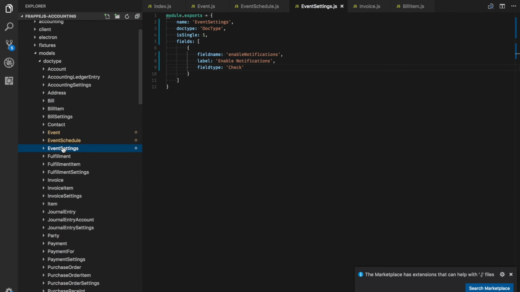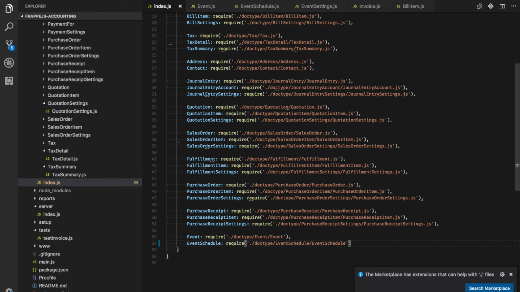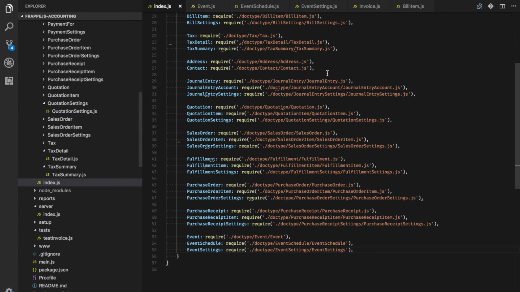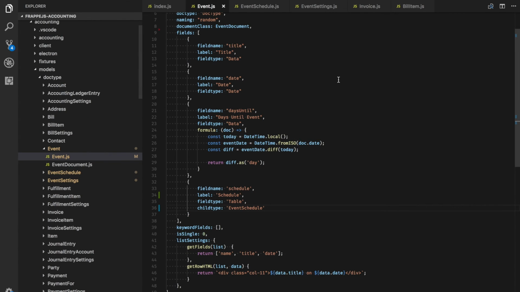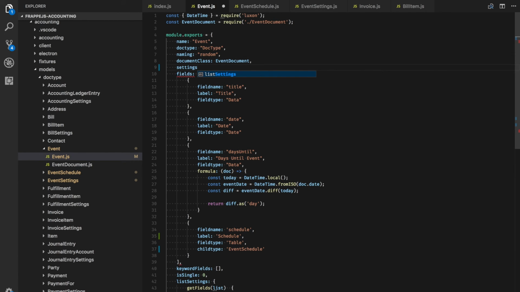Now we have to register this DocType the same way as any other DocType. Let's replace this and call it settings. And we also have to link this with the main parent DocType called event. So we'll add a new key called settings,